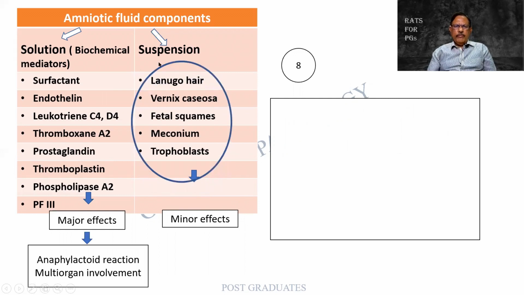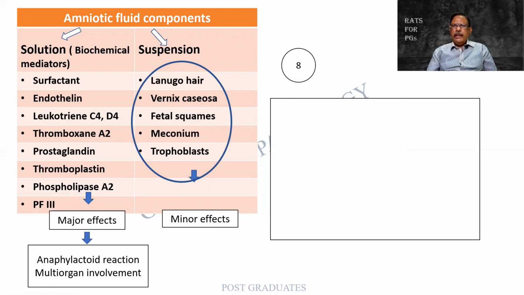This is of paramount importance as far as the topic is concerned. There can be the lanugo hair, vernix caseosa, fetal squamous, meconium, and trophoblast. These are important. The effects can be minor, unfortunately. I thought that there will be a mechanical obstruction because of this, therefore there will be a death, but it